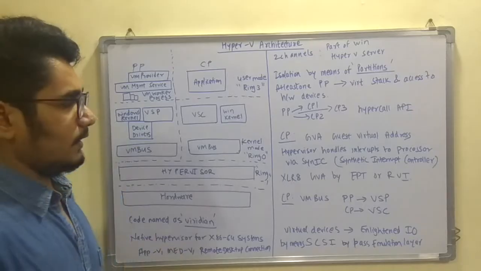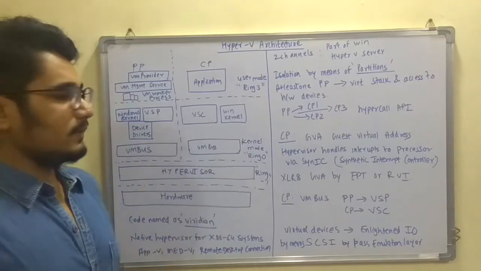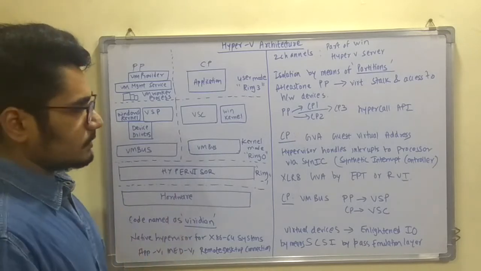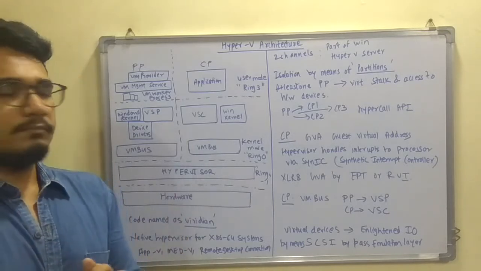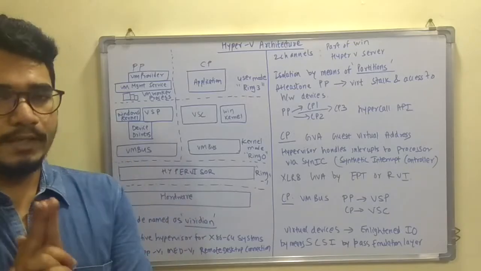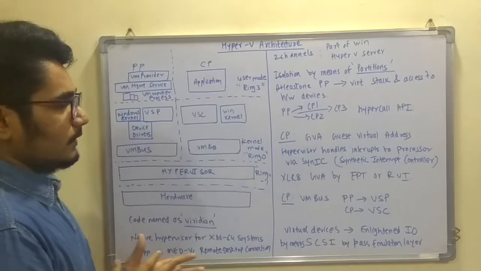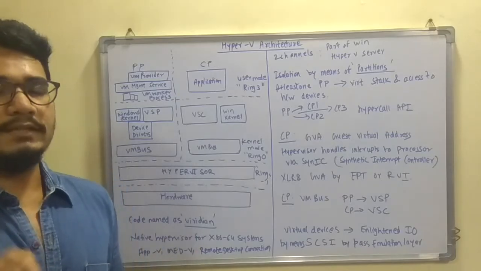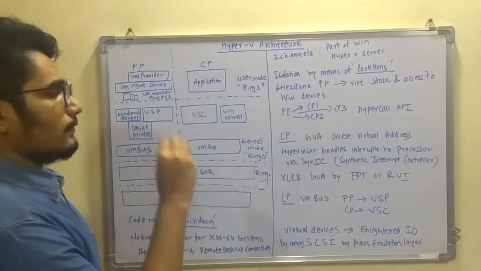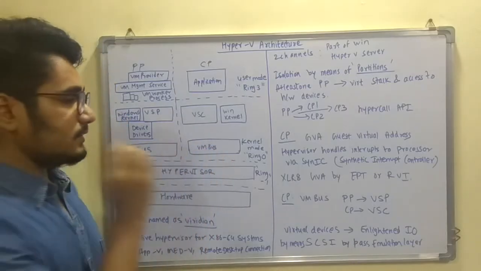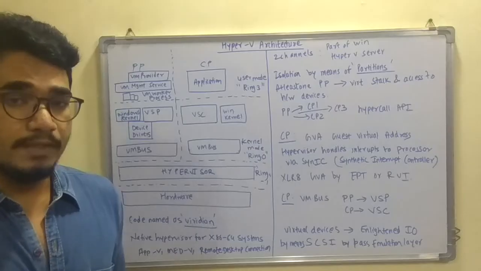I've told you the parent partition has access to the device drivers, so it can directly communicate with the processor internally. But the child partition hosts the application and runs all the applications in it. The child partition cannot access everything that the parent partition does. So how does it communicate its needs and request IO from the parent partition? One main thing regarding the CP, the child partition, is that it uses GVA.